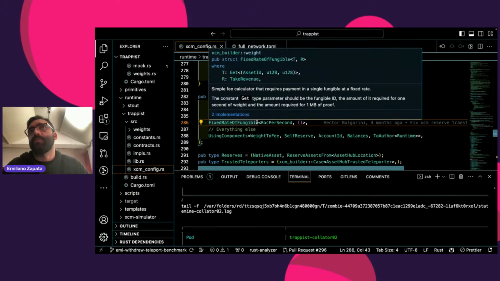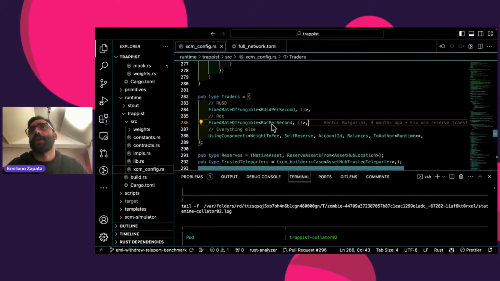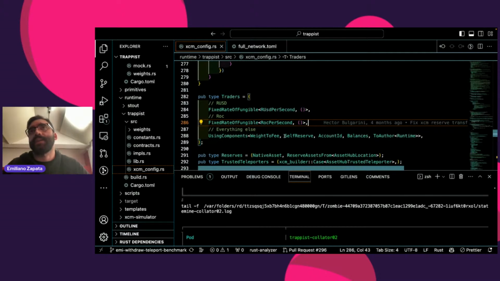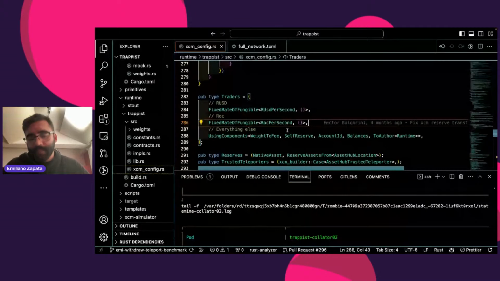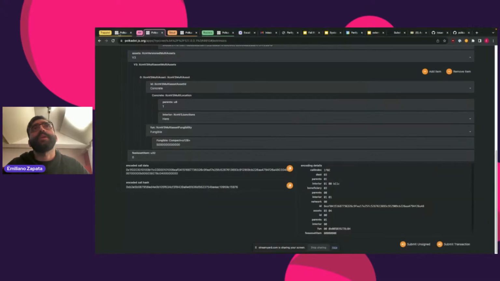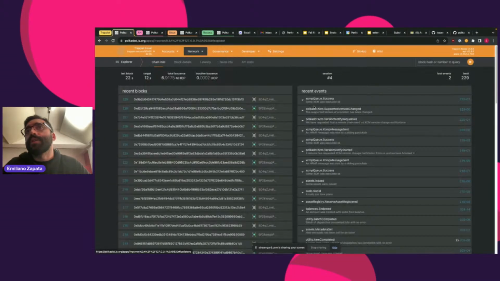And in this case, it's with ROC per second, we are telling it how you pay for execution, with the 1 multi-location inside it as the asset ID. And yes, moving a little bit forward and getting back into Polkadot.js, we can see the execution,